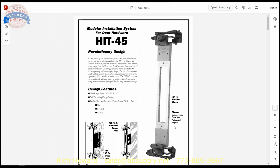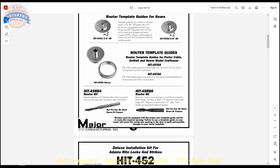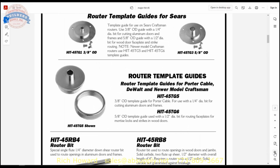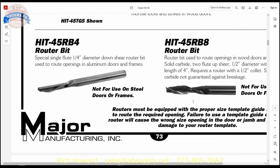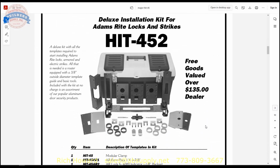Based on this platform, you can then mortise your doors for hardware. So with the HIT-45, you can slap on the edge plate and route that 86 edge. You can then attach the face plates to do your function holes. So the HIT-45 system is really great. Collets, or pardon me, router guides that will need to go into your router base, and then your router bits. There's a 1/4 inch and then a 1/2 inch diameter solid carbide bit, the HIT-45RB8, sorry. The rest of the catalog will show different variants of that